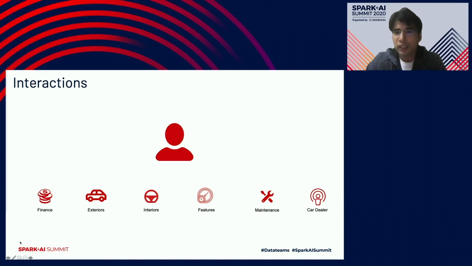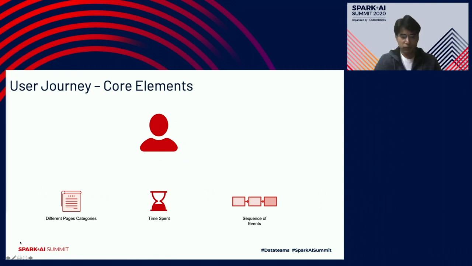And during this entire process, you leave a set of information points for the car businesses who want to use this information for their own sake, right? To categorize these into different components, they could easily figure out the different page categories I've visited during my time on that website, how much time I have spent on each of these page categories, and the sequence of events in order to make a decision.